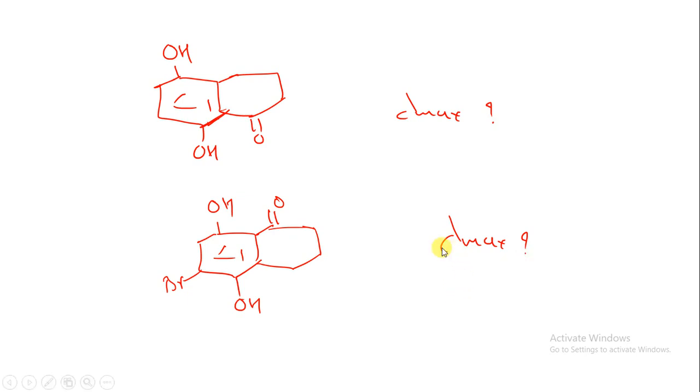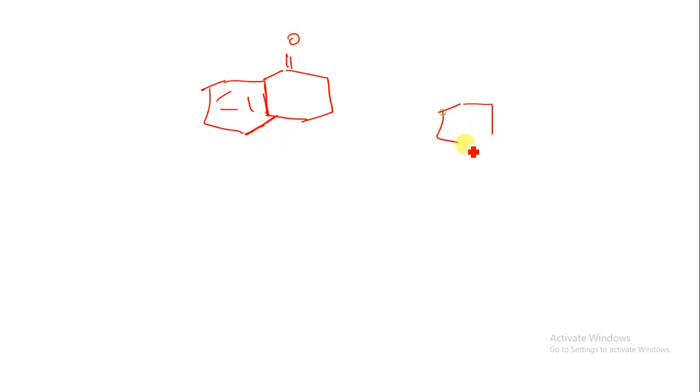I am explaining again that whenever you are having a two-ring system, in which I am having a double bond over here, let's say here, what you have to see is that you have to visualize this structure like this. You have to see the structure like this, and then after that you have to decide the ortho position, meta position and para position.